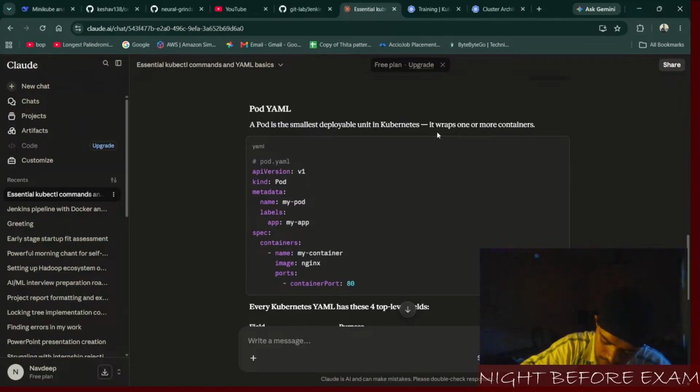What's this API version? I don't know why they say it like this. API version v1, kind, okay, Pod. Metadata. And the name, my pod. Labels will be app: my app. Spec will be